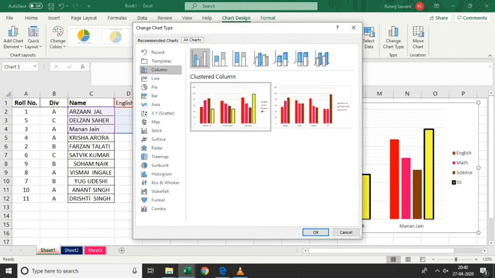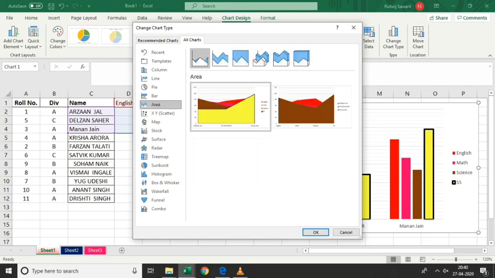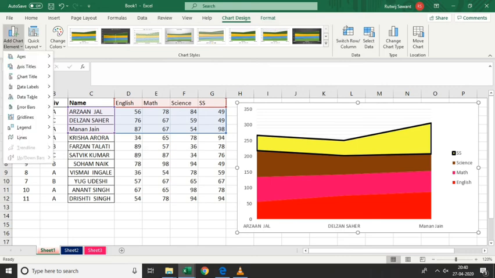Using all the chart types, try to add different chart elements. Using this you can apply formatting to your chart. So with this we have completed the chapter called Excel functions, formulas and charts.